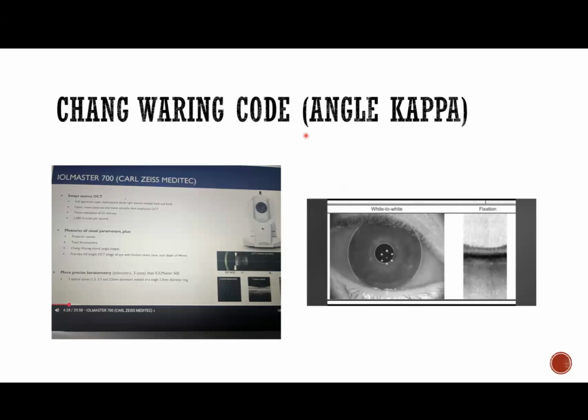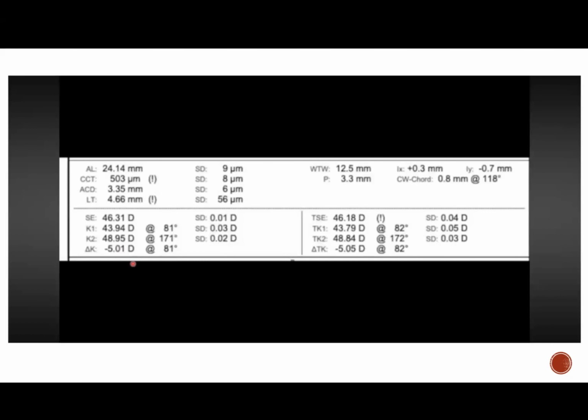And the Cheng-Wearing code or the angle kappa, now if you get the report, this is white to white, this is what we are talking about. If you see the Cheng-Wearing code, it says the Cheng-Wearing code is 0.8. So there's a difference between the pupillary axis and the visual axis.